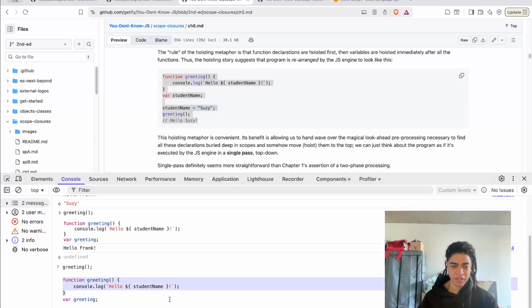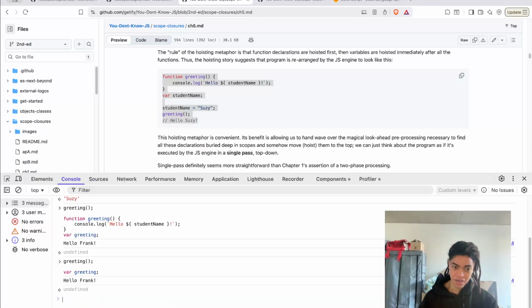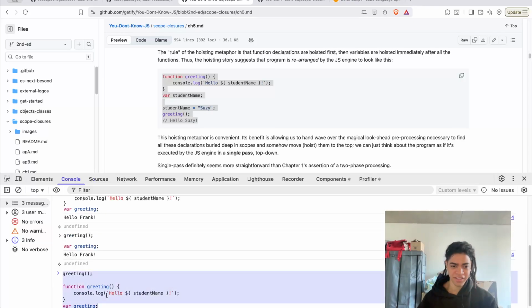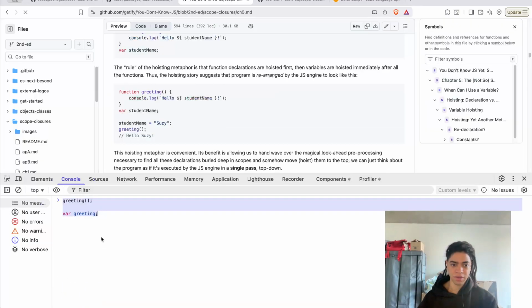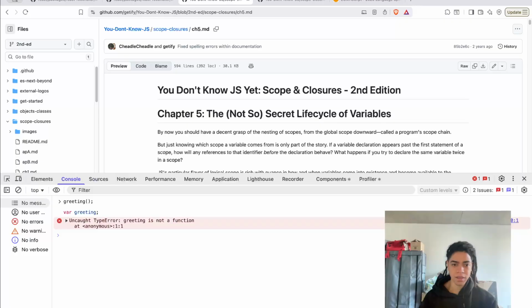So unlike if you say something like this, and here's going to, well, I do think it's because it already calculated that. Yeah, but if you do, for example, something like this, you refresh, it will give you a type error. But for some reason, if you say something like this, all right, my assumption is to say, hey, what is the greeting here, with the function declaration and the variable declaration?